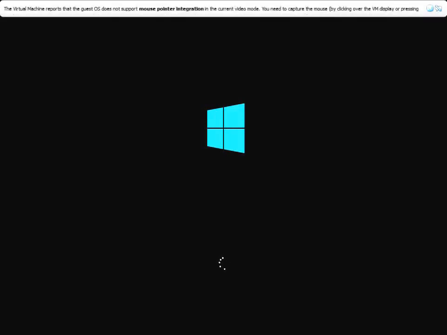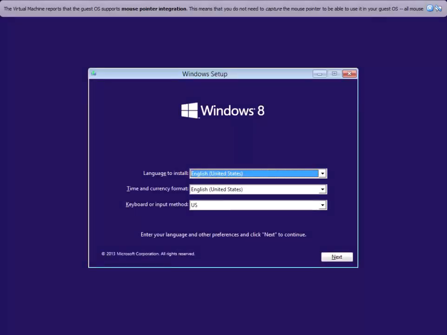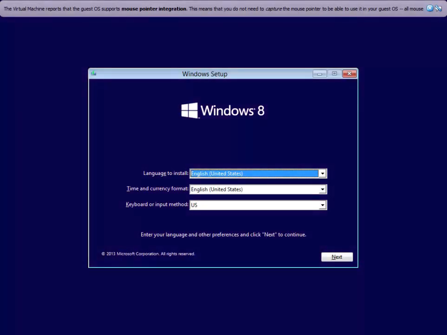Welcome to my video. I'm going to show you how to install Windows 8.1. If you have a Windows 8.1 CD, put it into your computer and restart. Once the computer is restarting, it will give you an option to boot the computer with the CD. Once it has booted with the CD, the computer will come up to the screen here